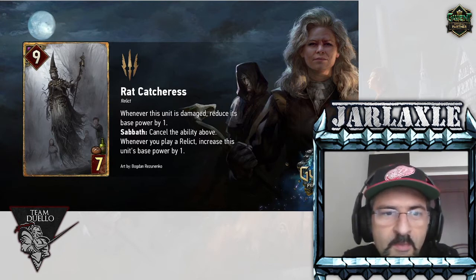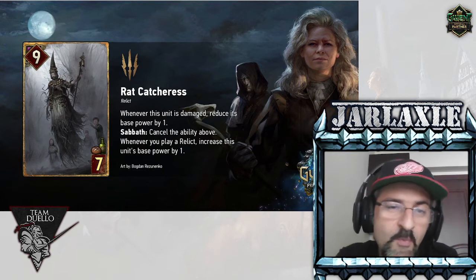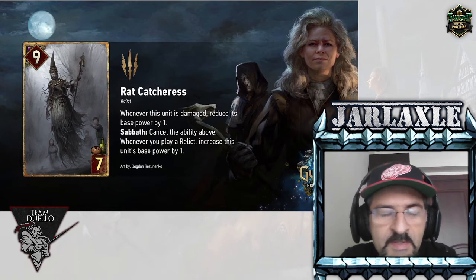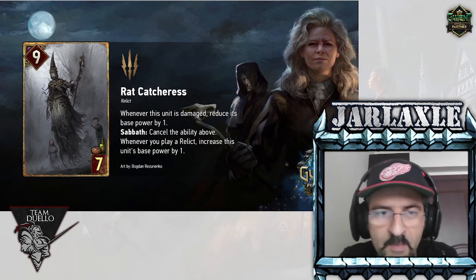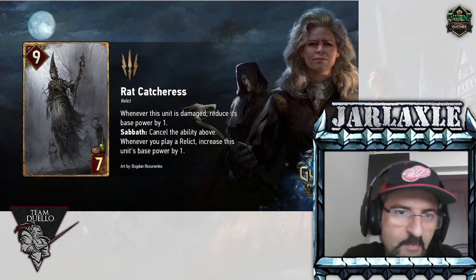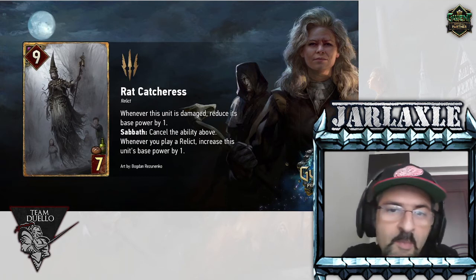But if this unit is damaged, it's going to take 1 more damage because the base power will be reduced by 1. So if you're playing against Skellige, this card is in trouble. But if you somehow reach Sabbath, for example, I mean, you have 16 power in a single row, you play Ratcatcherus, you reach 25, you cancel the ability above. So that's great. Even if she gets damaged, nothing will happen to her, as long as the power total is